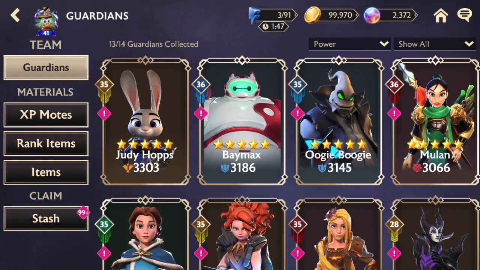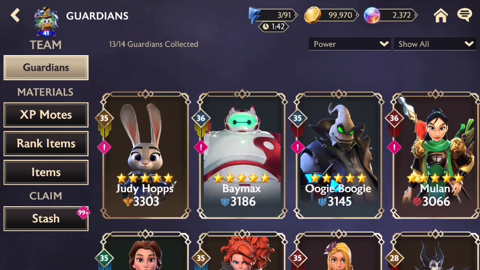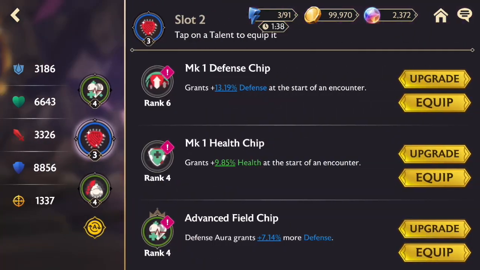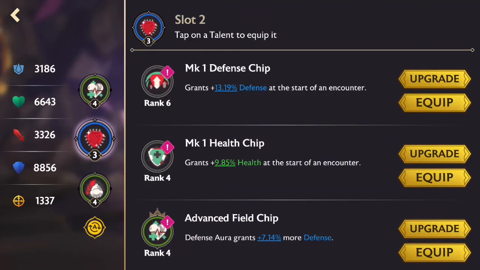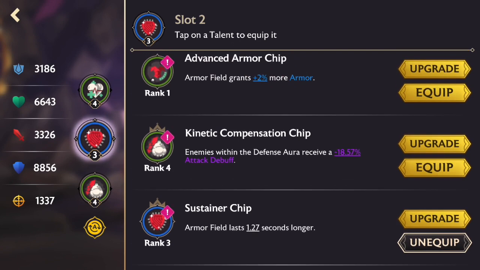I'm just going to go over them pretty quick, because there are 14 characters, but I only have 13, so for me it's going to be 13. So let's jump over to Baymax. I've actually heard that this guy is bugged at the moment, so that's a shame. But anyways, this is what I run on him. I haven't used him in a long time because I'm using my other characters now. But anyways,